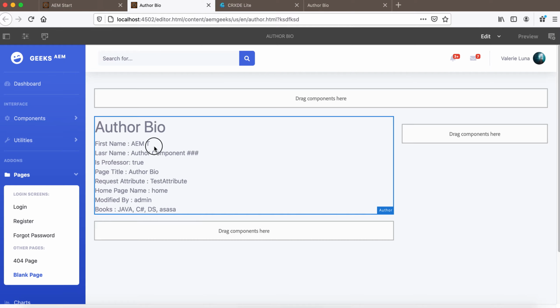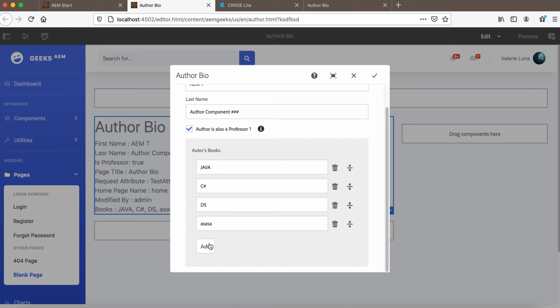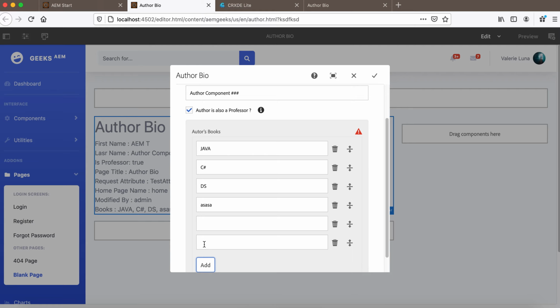Let's open the dialog and try to add more items, more than 5, right? I gave a max value of 5. As soon as you add more than 5 you get an error message here. And what error message do we return from that validate method, right? But if you see here, I only see a tiny error triangle.